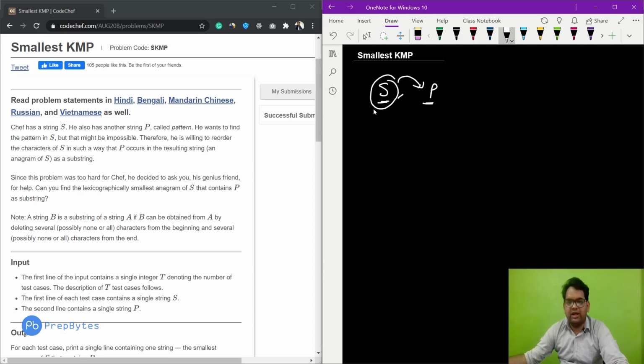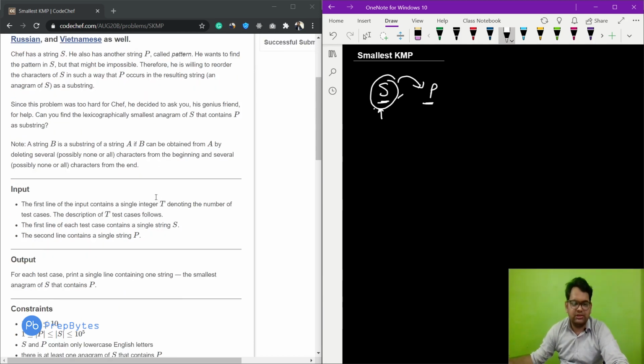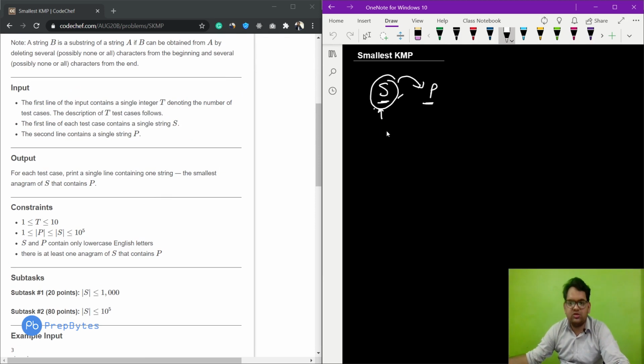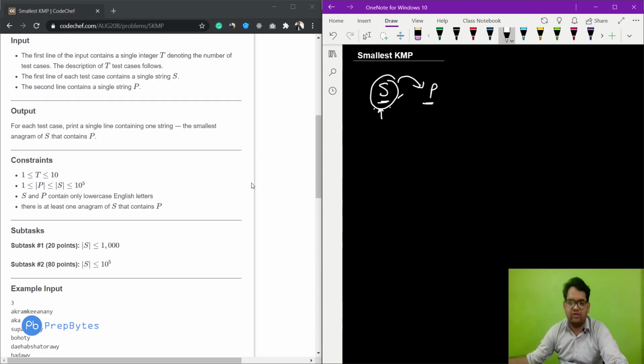We need to find the lexicographically smallest anagram of S such that P is a substring of S. What is the meaning of this? We need to change the characters of S in such a way that P becomes a substring of S, and that it is lexicographically smallest.